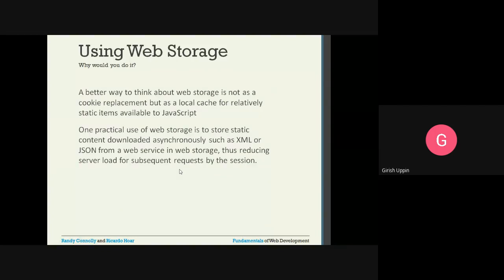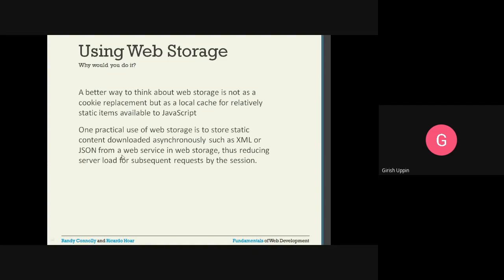Using web storage, a better way to think about web storage is not as a cookie replacement, but as a local cache for relatively static items available to the JavaScript. So we can think of this web storage as a local cache that is present on the browser side. One practical use of web storage is to store static content downloaded asynchronously, such as XML or JSON from the web service, thus reducing the server load for subsequent requests by the session.